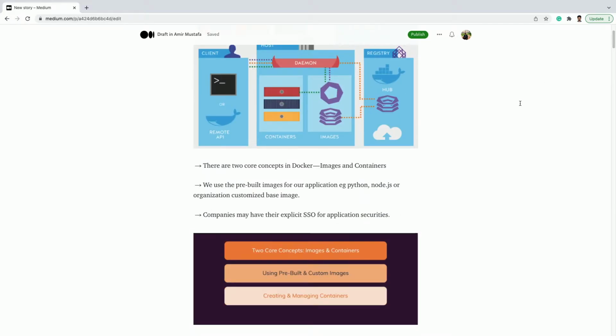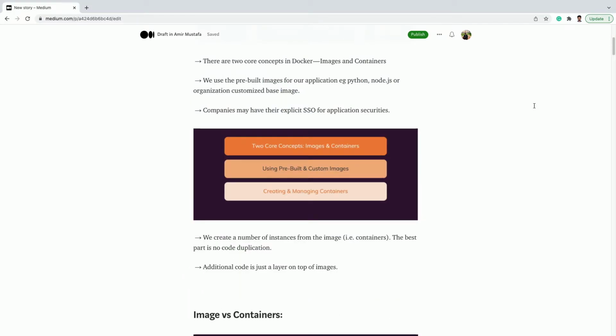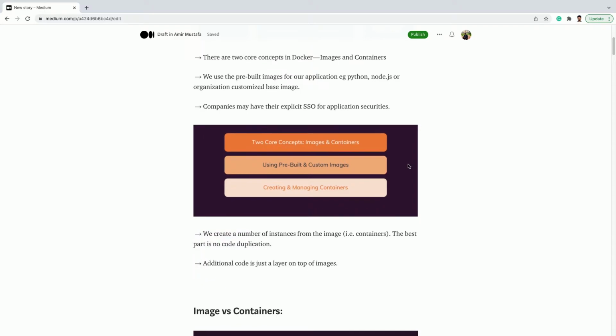So let us understand what is a container. Mainly in Docker we will work with two major concepts, images and containers. What are they? So images are pre-built